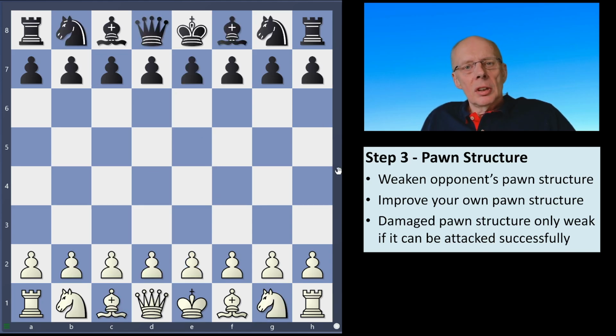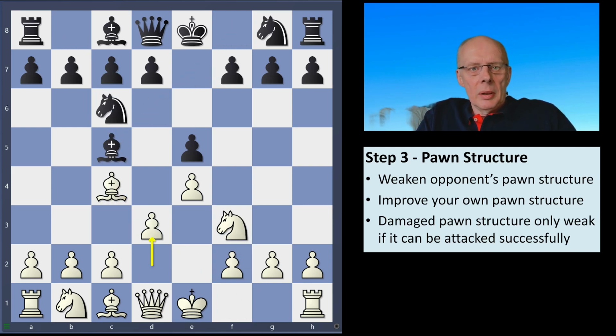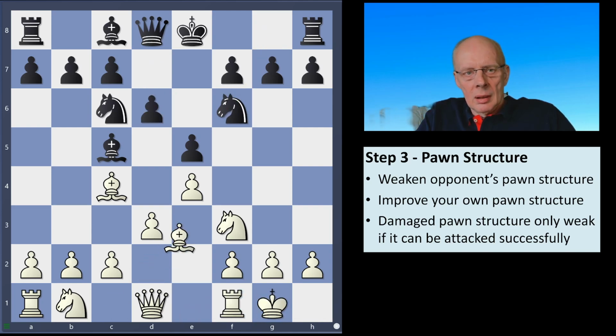So I'd like to just highlight this last point: a damaged pawn structure is only weak if it can be attacked successfully. So let's have a look at the following opening, which is of course very common. So we have an Italian game,